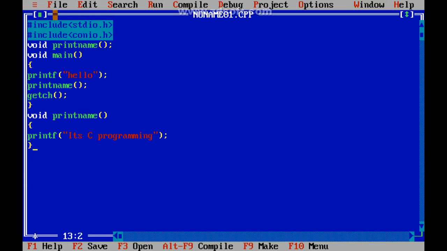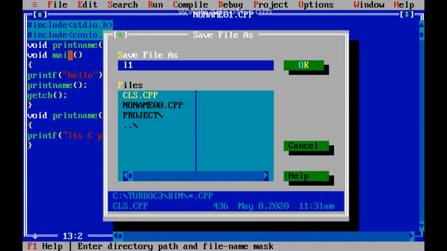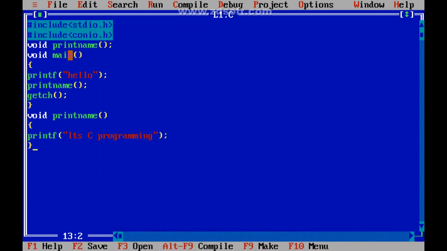So this is a function without arguments. That means I'm not passing any arguments. It's my function call. Here I am not passing any parameters, and this is my user defined function. That means called function. This function is called by this function, but I am not giving back anything to the calling function. So the called function is not returning anything to the main. So this is a function without arguments, without return value.